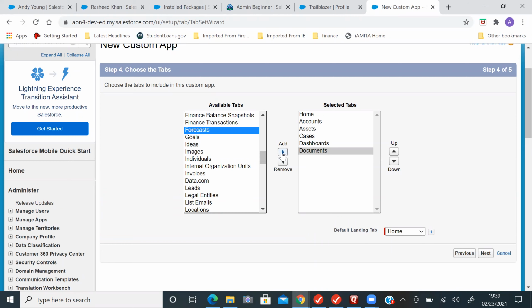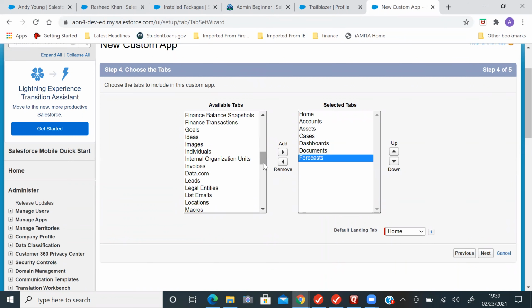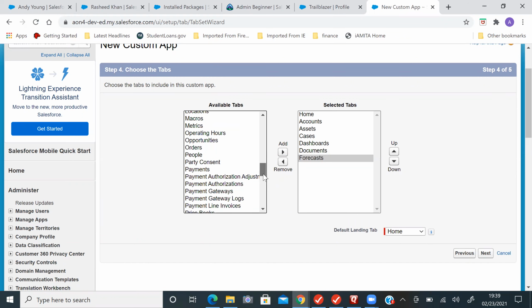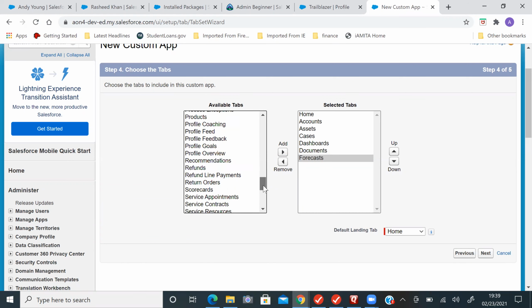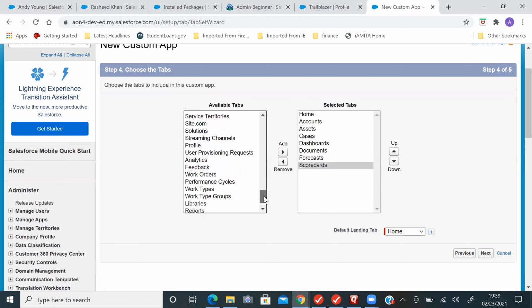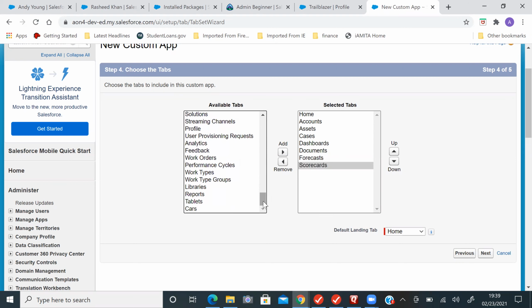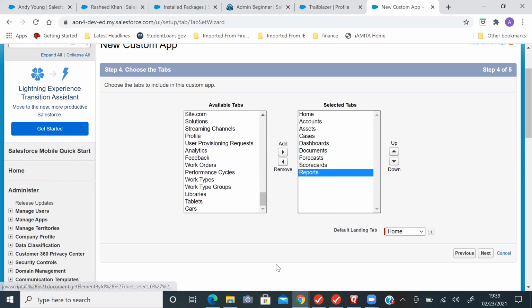Rashid went to Setup, and under Setup he went to App, and when he clicked on it he created a new custom application named Cricket. Next he is on the new custom app, and he is adding some of the available tabs for our application Cricket. Okay.